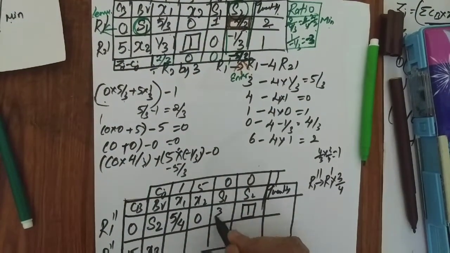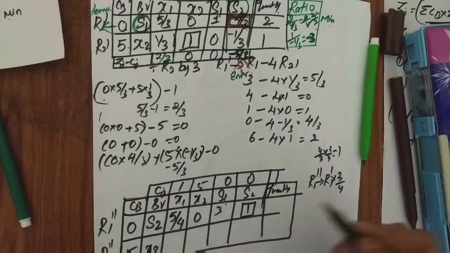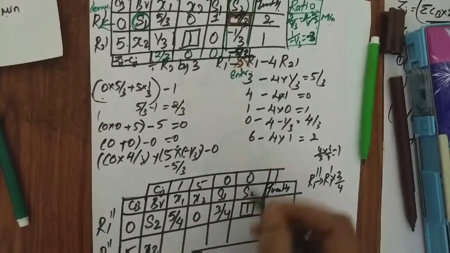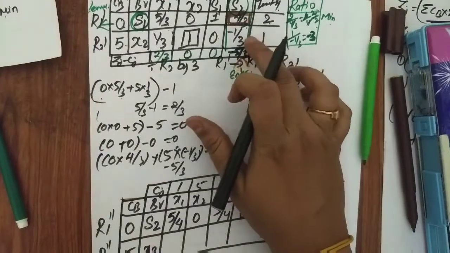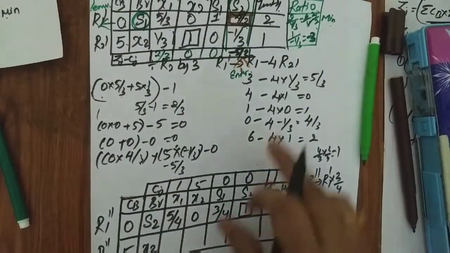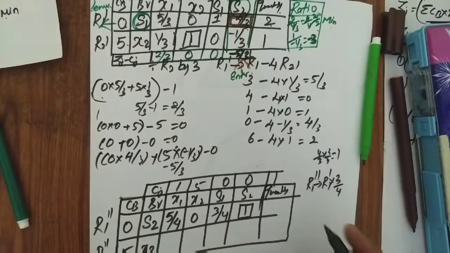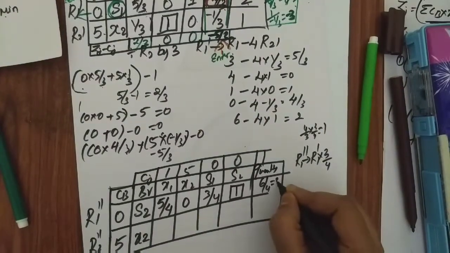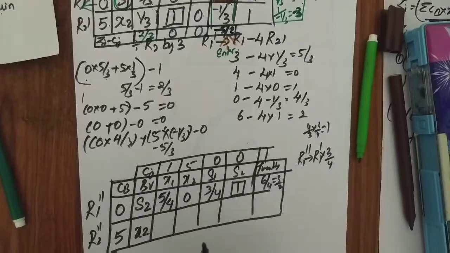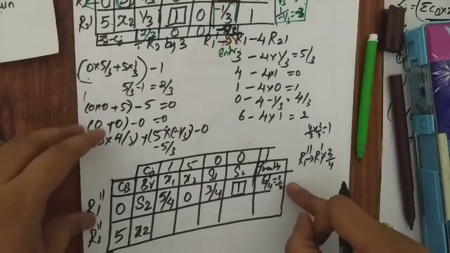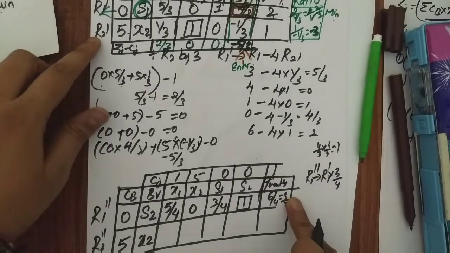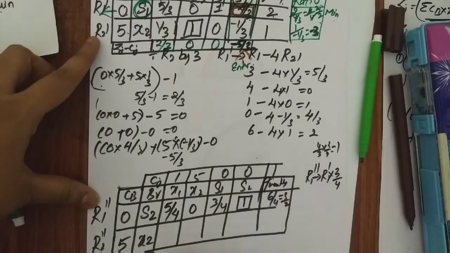Next, 1 into 3 by 4, so it is 3 by 4. 1 into 3 by 4, it is 3 by 4. 4 by 3 into 3 by 4, it is 1. 2 into 3 by 4: 2 3s are 6, 6 by 4, which is nothing but 3 by 2. Okay, so once you have completed this, this will be your reference row, and R2 will be performed with respect